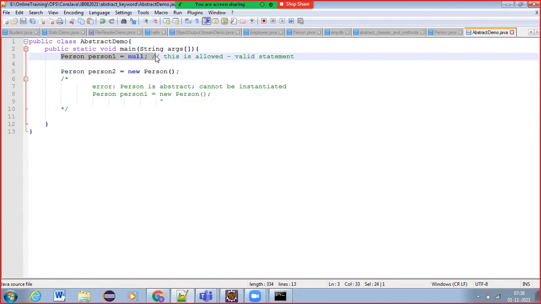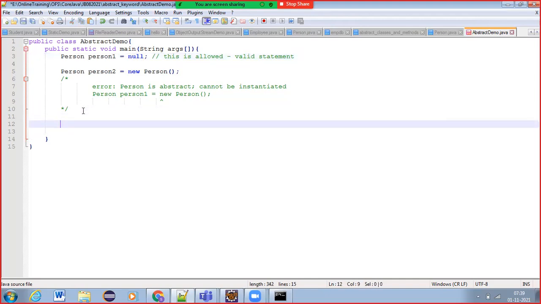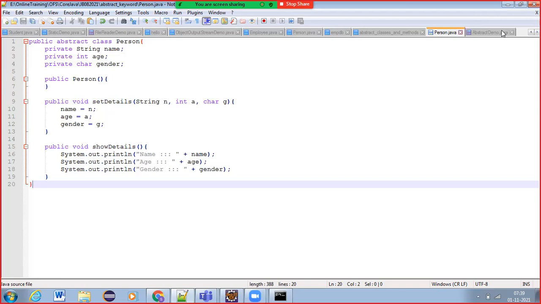Is it clear? With the Person abstract class, here you may get one doubt: if we are not allowed to create an object and are simply creating a reference variable, then what is the use? With a simple reference variable we cannot do anything, right? Without creating an object, using the reference variable person1, can I call setDetails and pass name, age, gender?